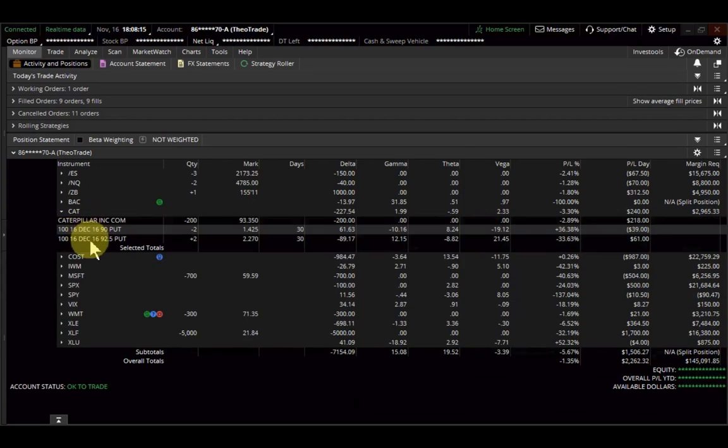So when do Greeks really matter? When you stop trading an individual strategy. If you're just doing in-out spreads, the Greeks do not matter on the individual in-out spreads. But it's still, down the road, going to be imperative for you to understand the Greeks. Because eventually, you will put on a multitude of in-out spreads. You'll have one on Caterpillar like I do, and you'll have one on Bank, and you'll have one on VIX, and you'll have one on IWM, and before you know it,